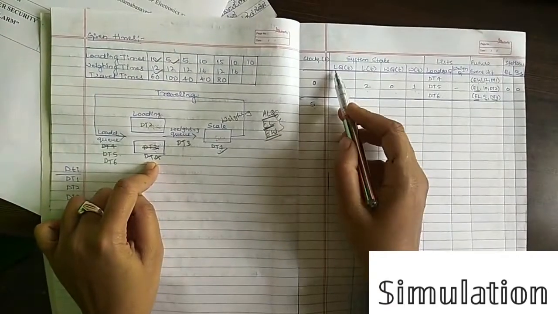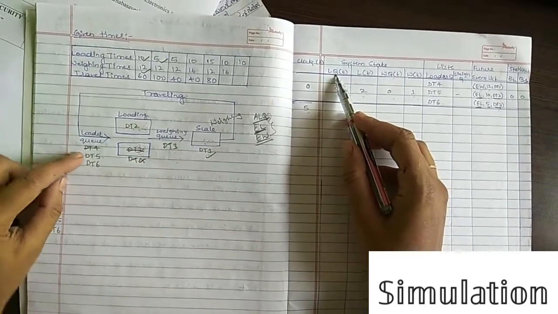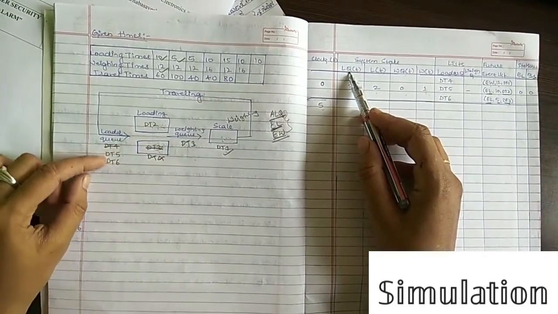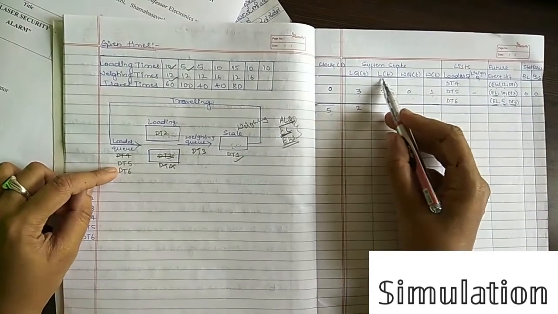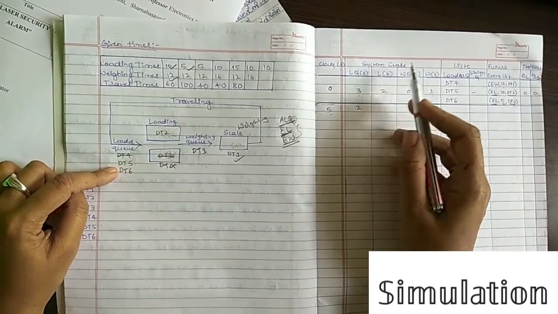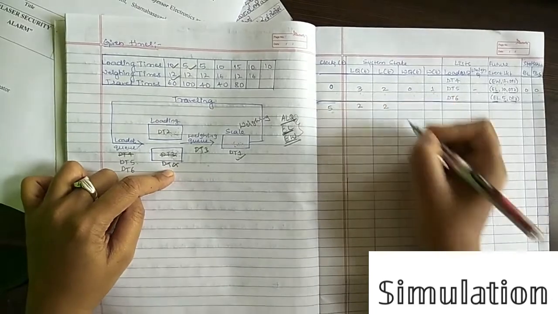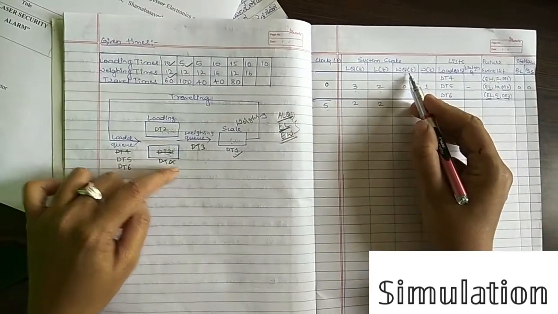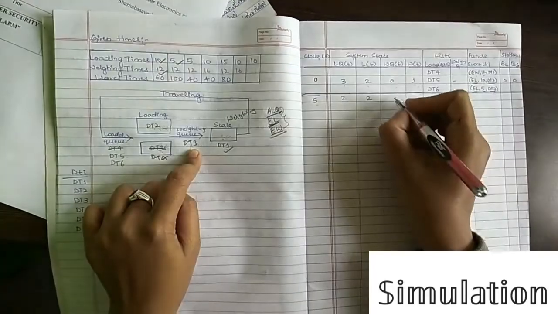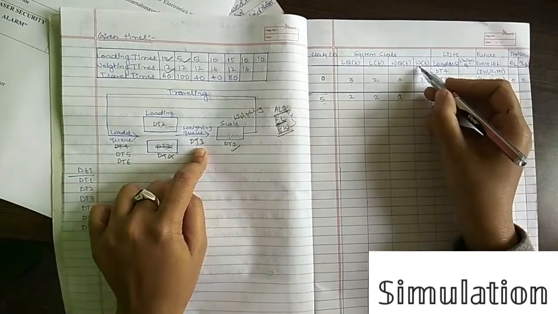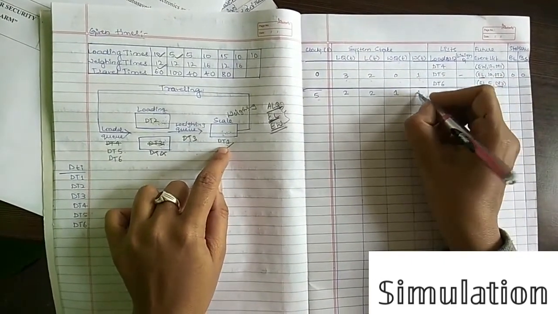Next, let us see here now, LQ of T means how many are present in the loading queue now. See, DT4 is gone here, so only 2 are present. So now 2 are present here. L of T means how many trucks are being loaded. Now DT2 and DT4 are being loaded, so here 2. Then WQ, are there any trucks in the queue? Yes, DT3, there is one truck in the queue. Next, how many trucks are being weighed? One truck is being weighed.